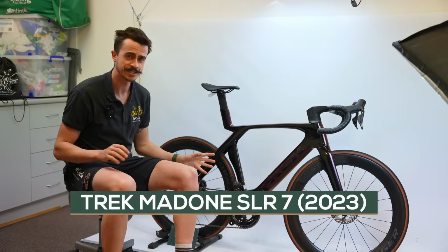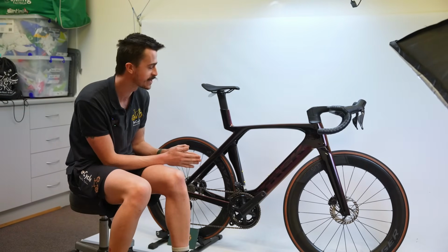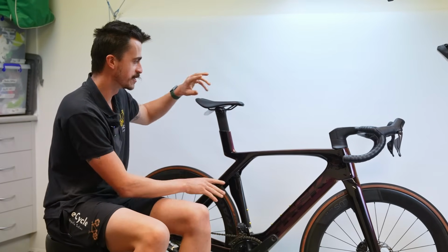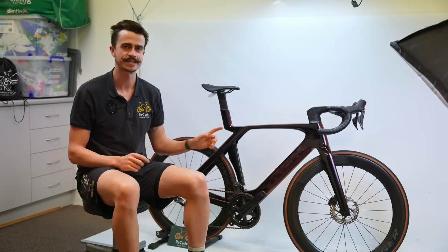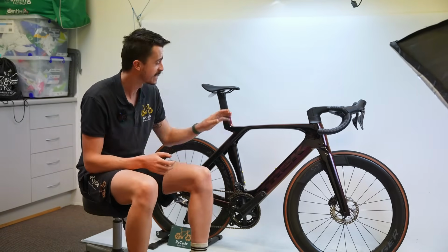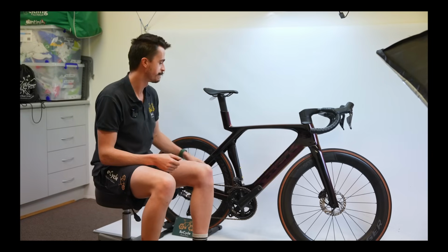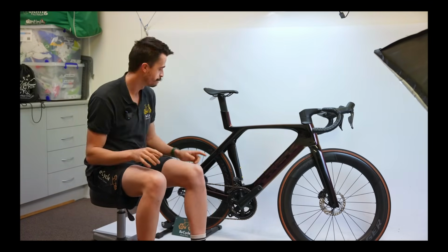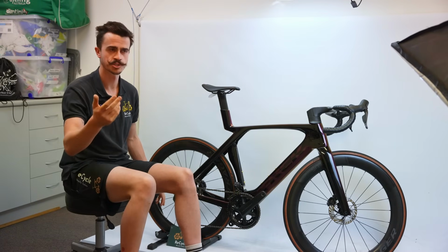This is our Trek Madone SLR7. It's a 2023 model. I think it's the coolest colorway that Trek did in 2023. It's this purpley, orangey, sunsetty, goldy color, probably a little bit like that. It's the SLR frame, so it's the top level frame that Trek make, and it's the SLR7. The SLR7 means that it comes with the Ultegra Di2, or it could also come with SRAM Force AXS, but